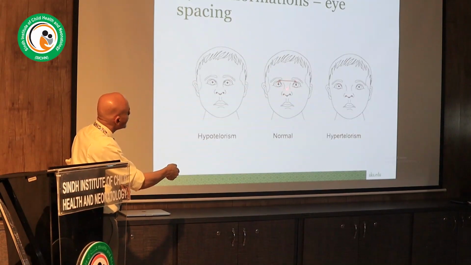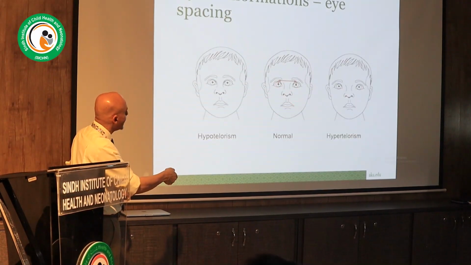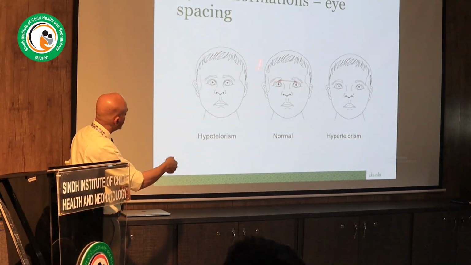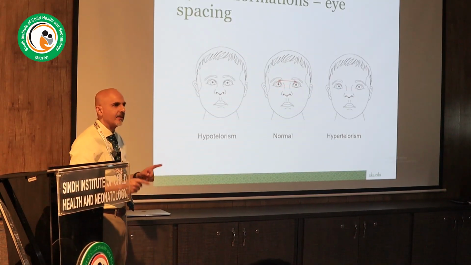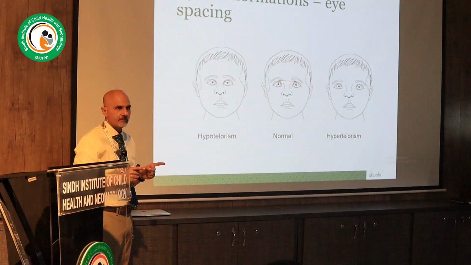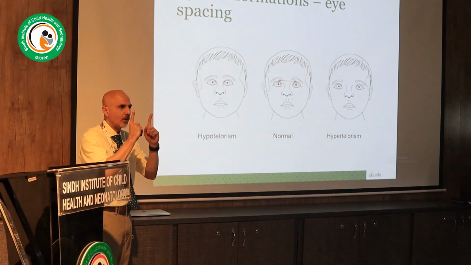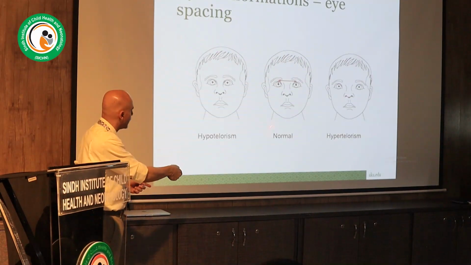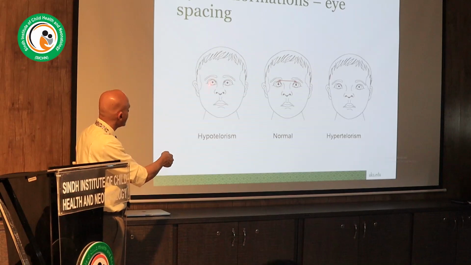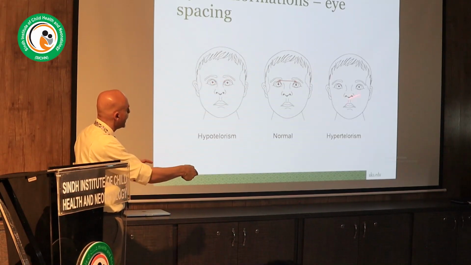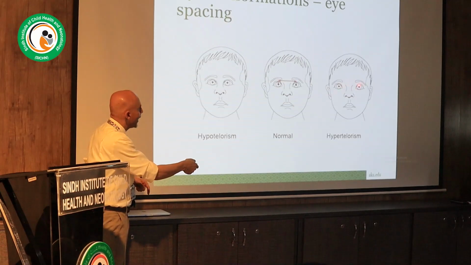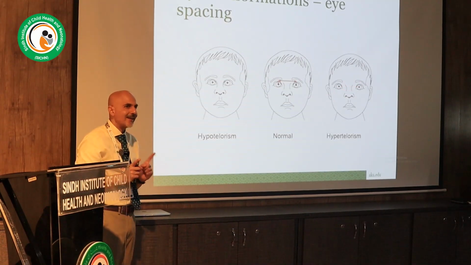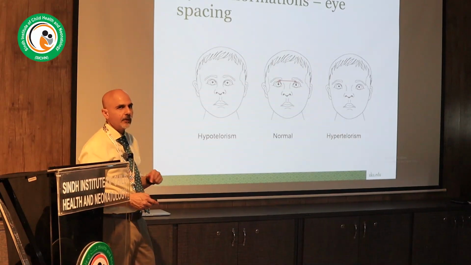The important thing to know is when you're measuring or looking at the eye spacing, your interpupillary distance should be the one you look at, right? And that has to be normal for it to be truly normal. If it's hypotelorism, then the interpupillary distance is narrow, and if it's hypertelorism, then it is wide, because there will be situations where just the nasal bridge is widened but the interpupillary distance is normal. That is not hypertelorism, and you'll recognize it.